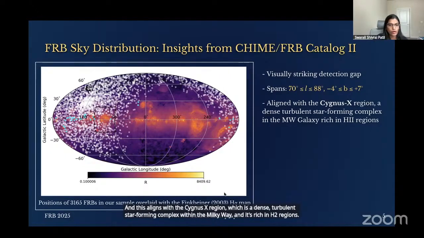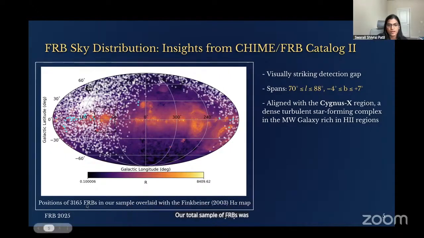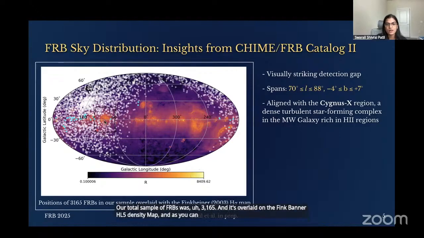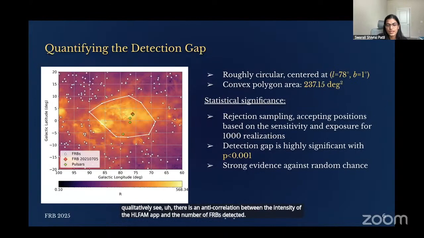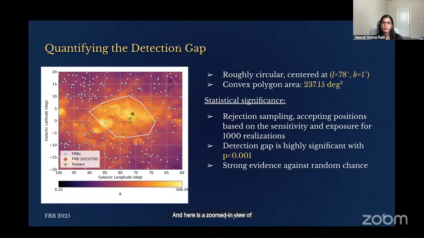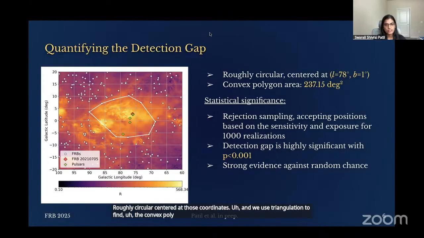Our total sample of FRBs was 3,165, and it's overlaid on the Finkbeiner H-alpha intensity map. And as you can see, you can qualitatively see there is an anti-correlation between the intensity of the H-alpha map and the number of FRBs detected. And here is a zoomed in view of the detection gap. It's roughly circular, centered at those coordinates. And we use triangulation to find the convex polygon that encloses this detection gap, and the area of that was